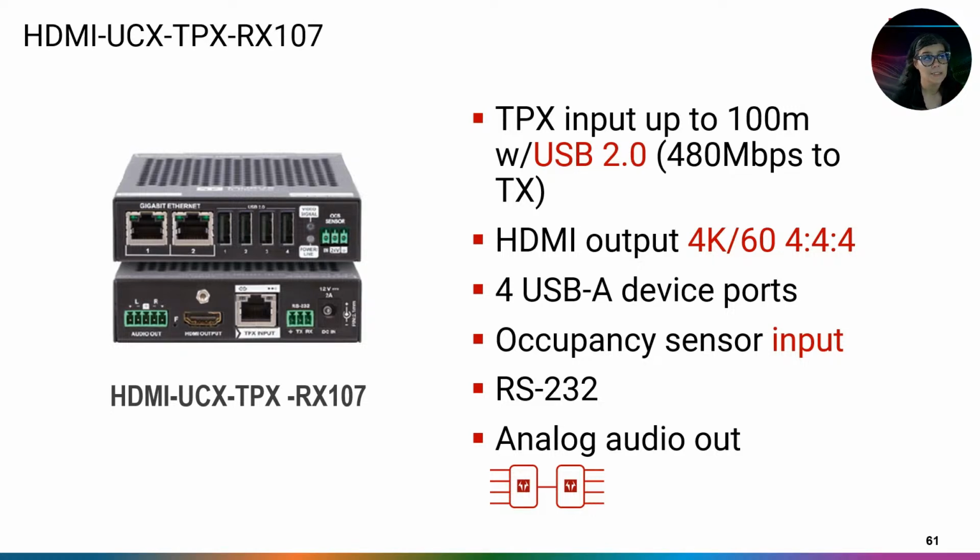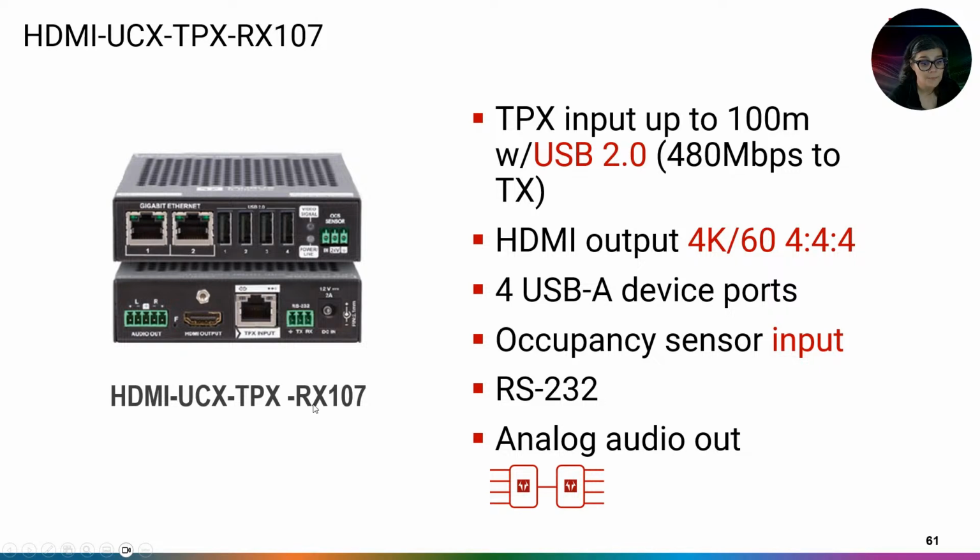First one up is this TPX ROX 107, which is going to be our simple receiver. This one is going to be doing USB 2.0, so this is not going to be able to get you that 3.x SuperSpeed. We do have a version coming out soon that should be able to do that 3.x SuperSpeed. You are going to be able to get that 4K 60 if you want. You're going to have those 4 additional ports, so for a total of 8. Your occupancy sensor is now over here, and you also have an RS-232 and an analog out on this receiver